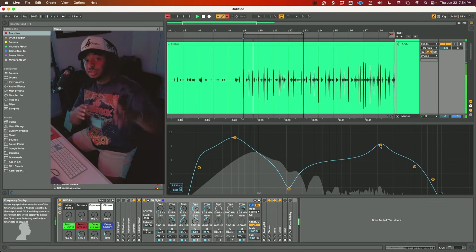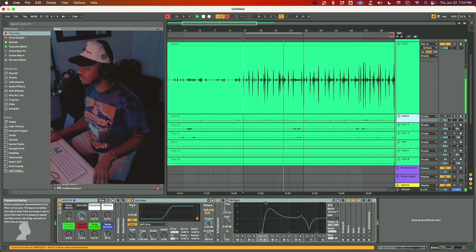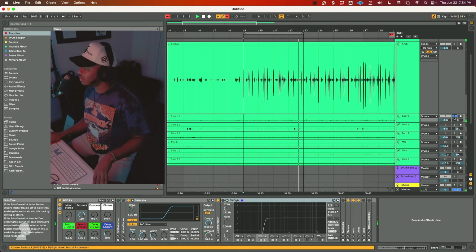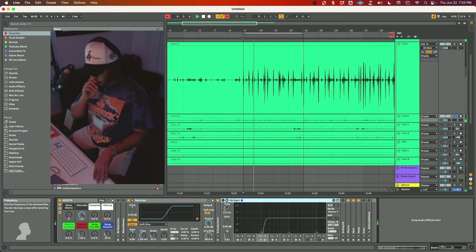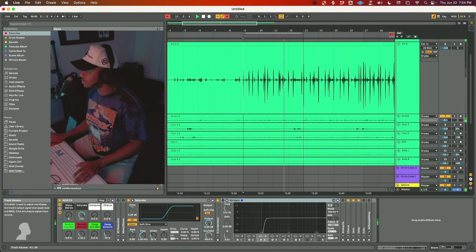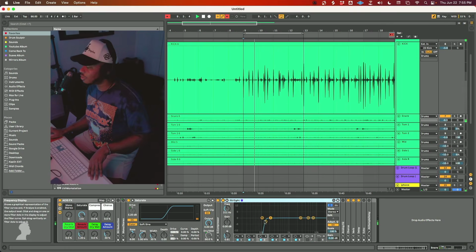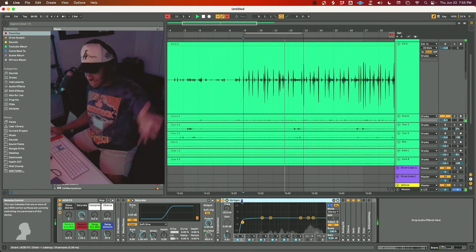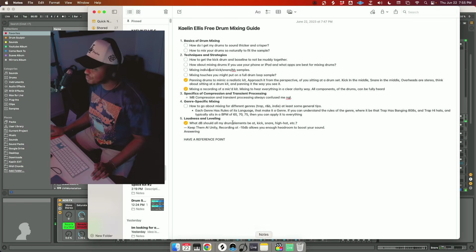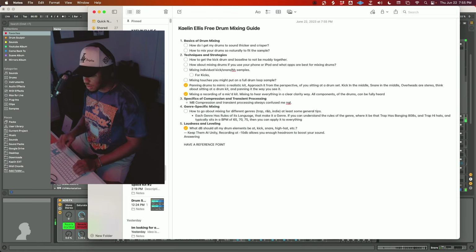Now, using the same approach for your frequencies, your snare drums typically sit in a certain frequency. Let's reset this too. Because this microphone is only picking up a certain level of frequencies, we gotta listen to what the mic has. Now, this is a great example for kicks. And this is what I'm gonna type out. For kicks,